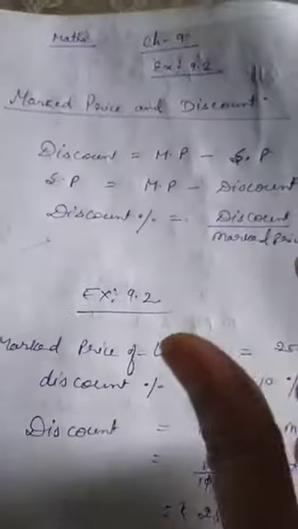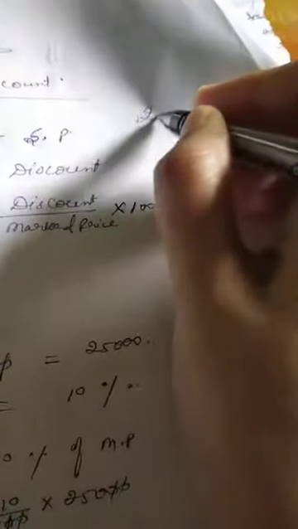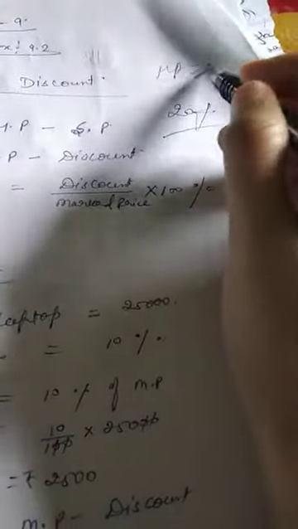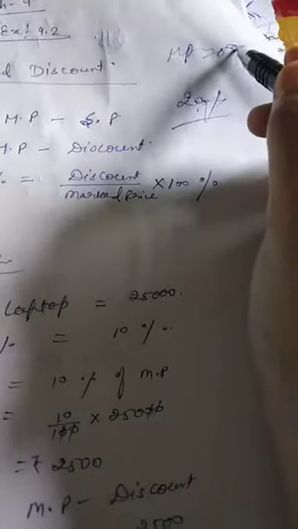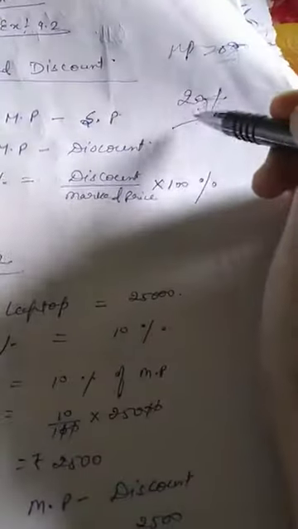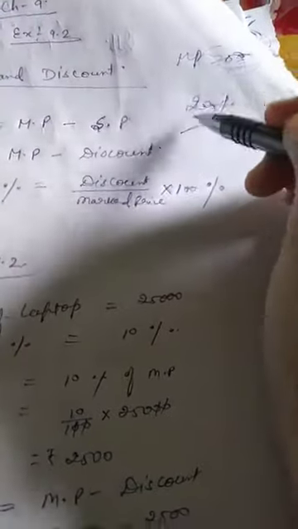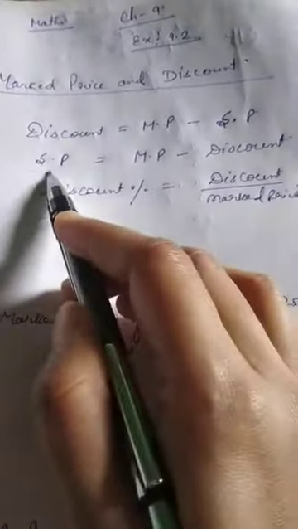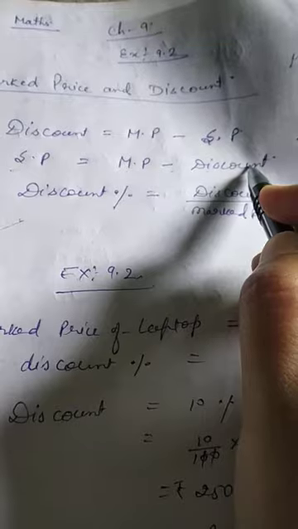Okay, and what is this discount? Discount is the price deducted from the marked price. Suppose 20% discount is written on an article and the marked price is 500. Then we will not get that item at the price of 500, but this 20% discount will be deducted from the marked price, and then the shopkeeper sells that item. Then we get the selling price. So selling price is marked price minus discount.